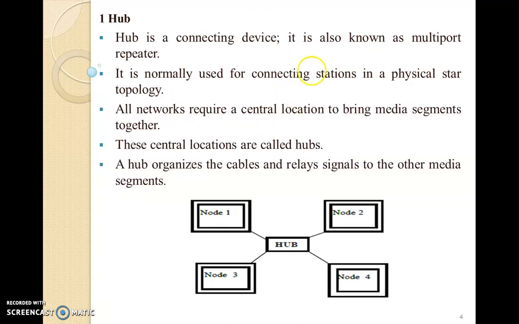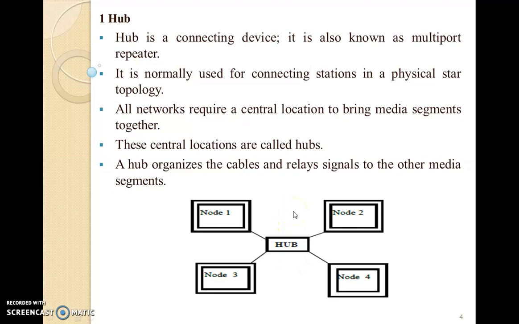So the very first is the hub device. A hub is a device which is generally called a broadcasting device. As per the diagram displayed on your screen, this is the location of a hub which connects different nodes or different computers. A message coming to this hub gets forwarded to each and every node. So if node 1 sends a message to any computer, then by default this hub will broadcast this message to node 2, 3 and 4, and that is why it is a broadcasting device.